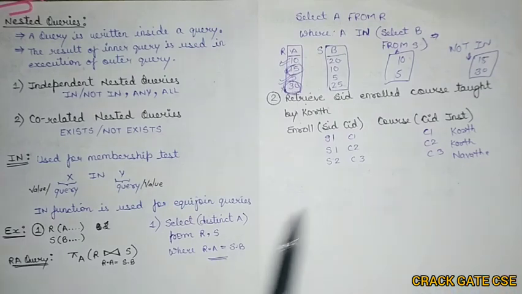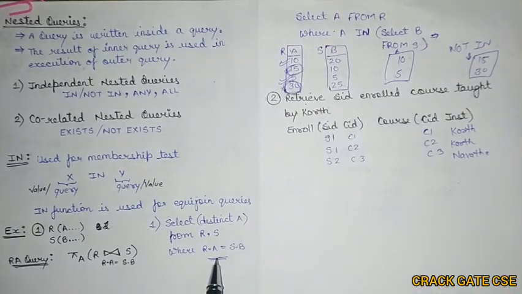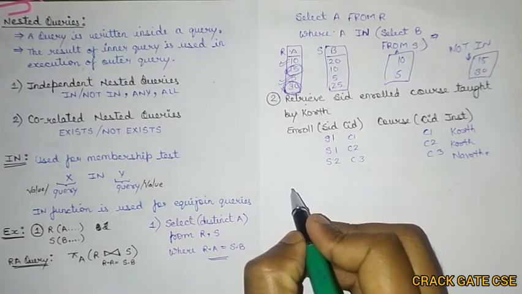Similarly, I can write this particular SQL query by this symbol, where I have to mention that the instructor has to be equal to Korth. So this is one of the simple methods. You can write the query by other methods also. There are n number of queries possible for a statement. But now let's try to find out using the in function. So how can I write it?